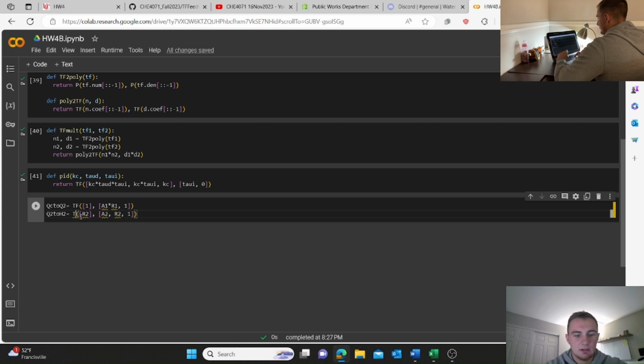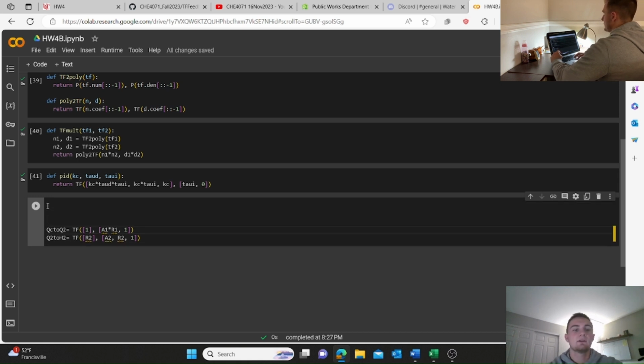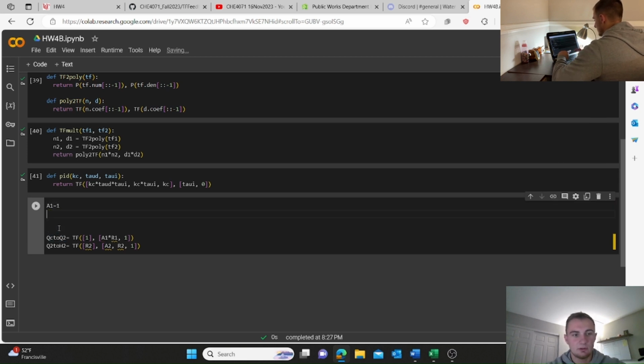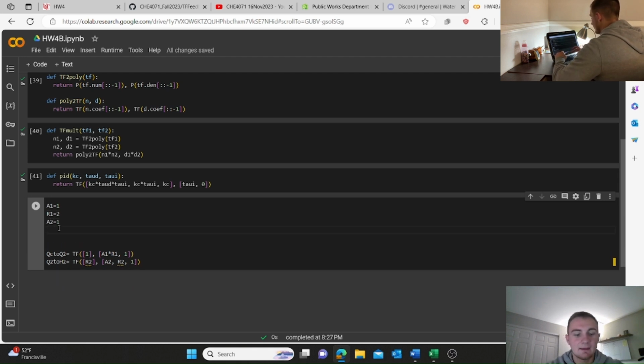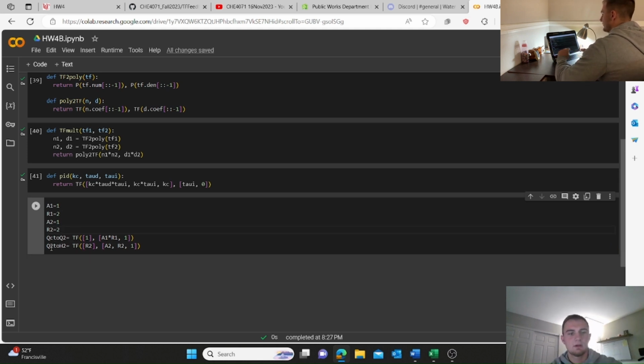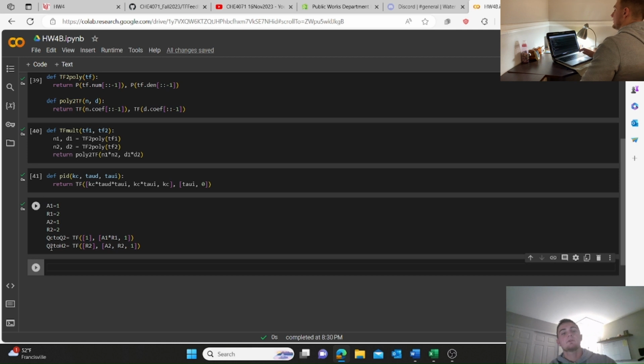And what we need to go ahead and do here is define a1, r1, a2, and then r2. So let's go ahead and do that. So we'll put a1 is equal to 1, r1 is equal to 2, a2 is equal to 1, and then r2 is equal to 2. Okay. Now since we have our function tf mult, we can go ahead and multiply these